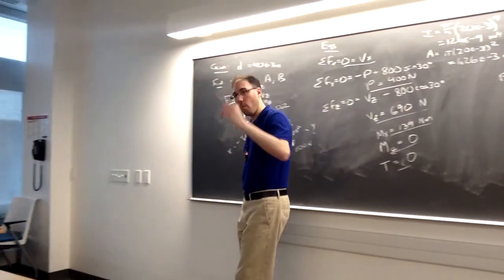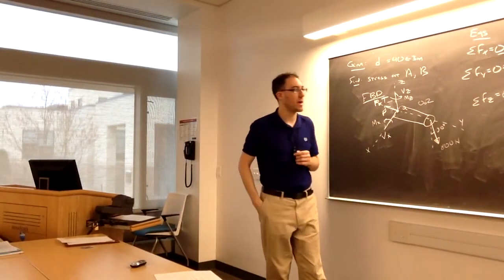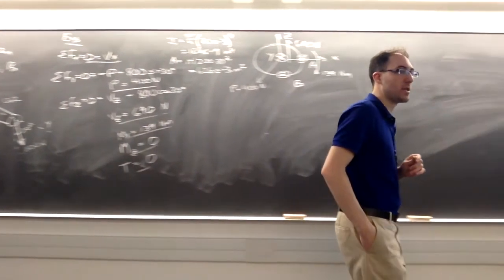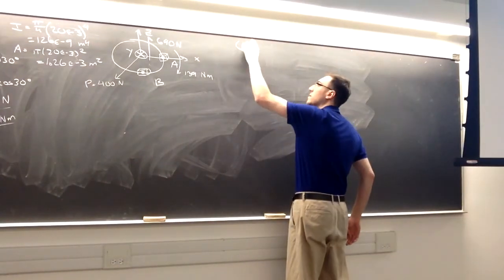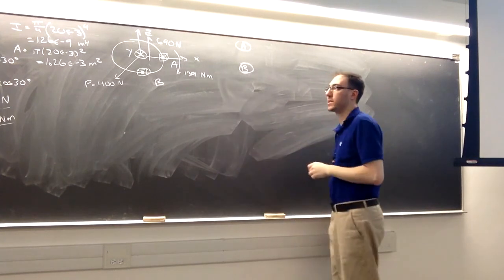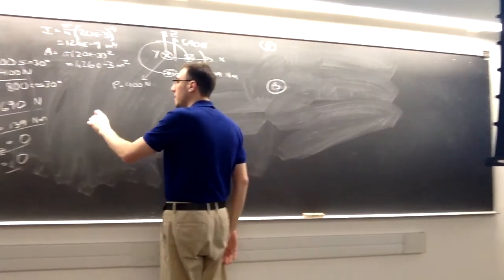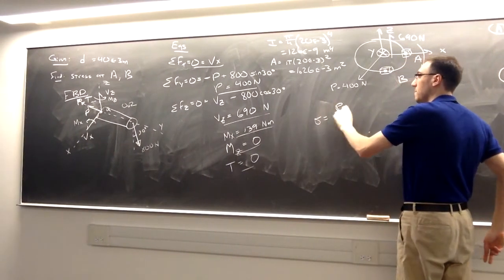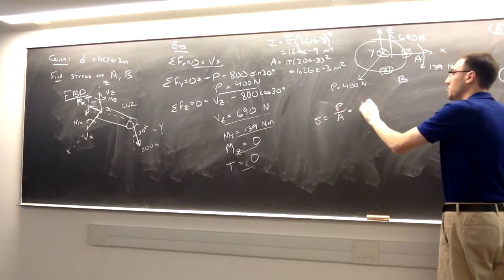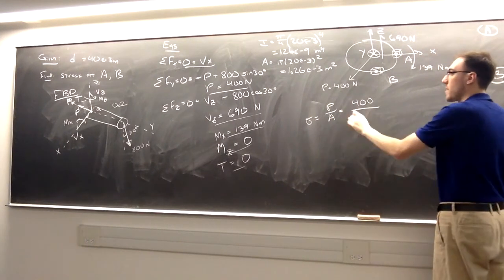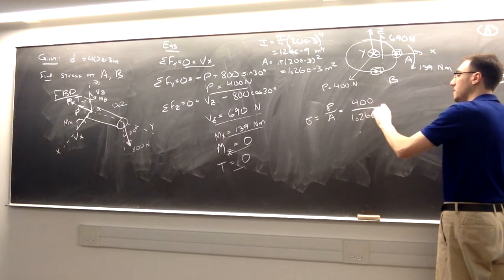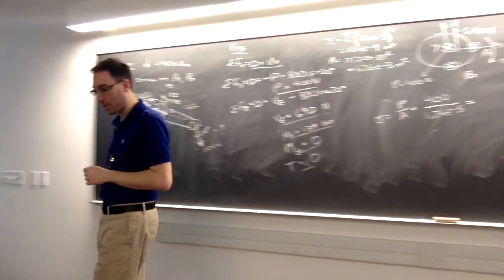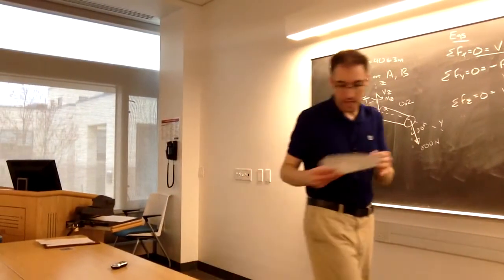Right, so now I have to go one by one looking at the loads and seeing what stresses they cause. In this case, I do have a value for P, so we can consider both things simultaneously here. P over A is the only one we say is uniform. So that normal stress will affect A and B the same. So the normal stress is 400 over the cross-sectional area, 1.26 times 10 to the negative third. So we'll introduce a normal stress to both of them of 318